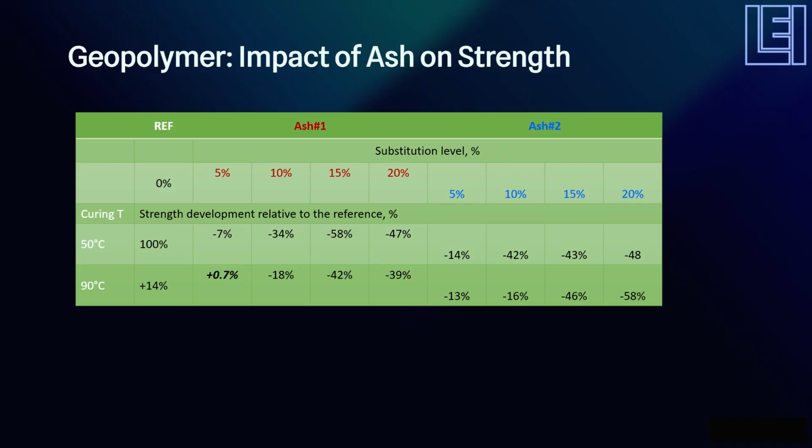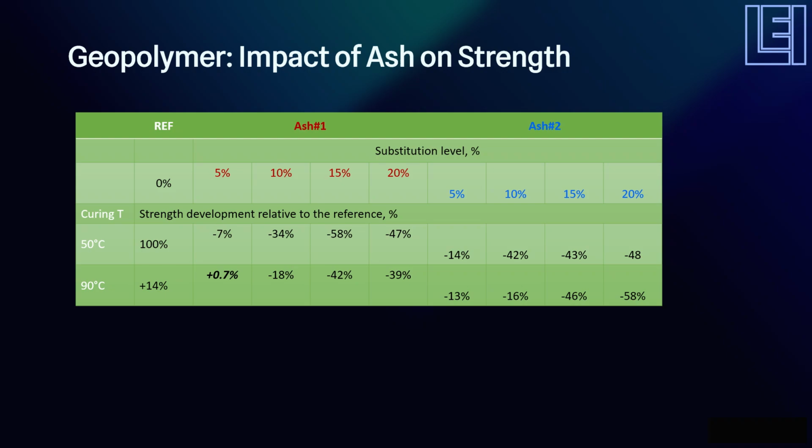Data comparative to the reference phase are presented in the table. It can be seen that curing at higher temperature and incorporation of a lower percent of ash results in strengthening. High replacement levels reduce strength significantly, by more than 50%. A change in failure mode from brittle to ductile was observed. The exception is the sample set with ash 1, which shows strength comparable to the reference at those very low replacement levels.